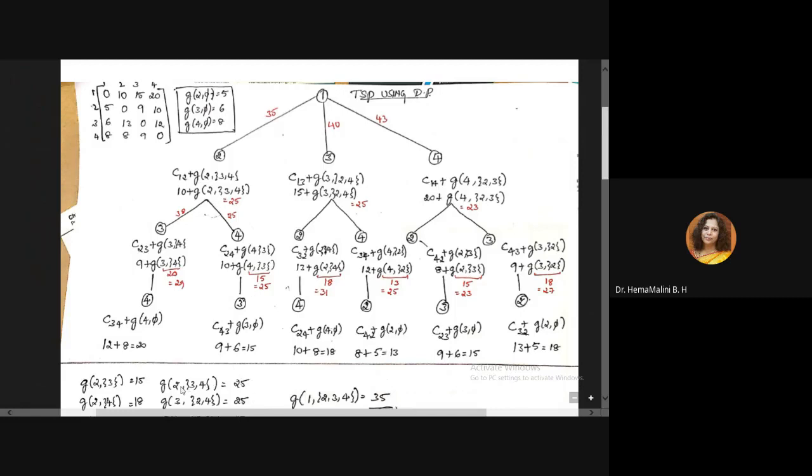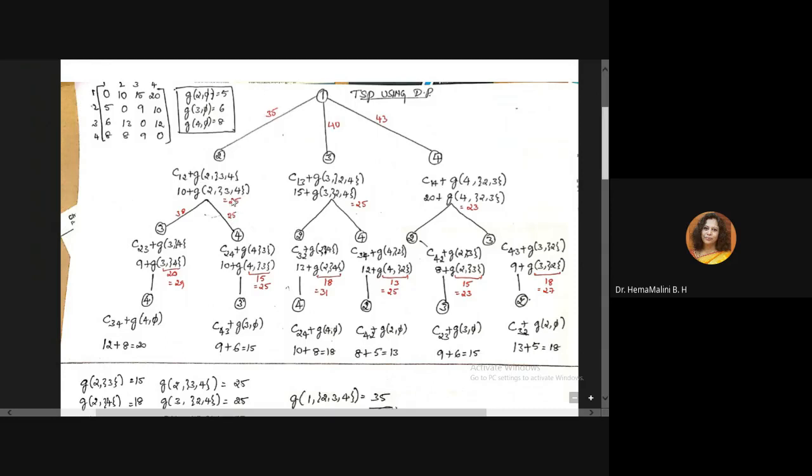From node 2, we had two options, 3 comma 4, so it is 25. We are going one level higher. As the formula says, it is the minimum of 29 and 25. What is the minimum of 29 and 25? It is 25.